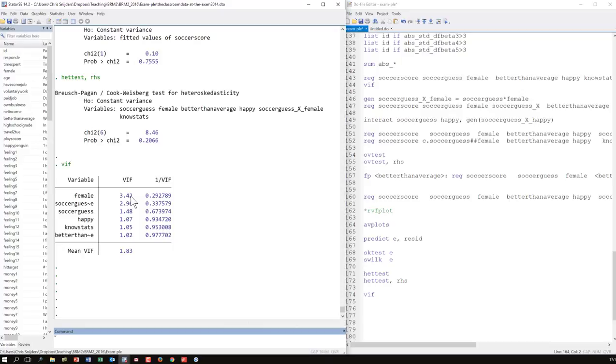Okay, that's let's say the start of a good answer. Interaction. Could you add a little bit to that? Yeah. So female is in there twice, so that we have variables now in our set of predictors that correlate. That's not so weird. We just made them ourselves. So here I do not mind so much about the fact that these two correlate, because I created them myself, and I wanted to see if there still would be an effect if I would add these. So about these I don't mind so much.